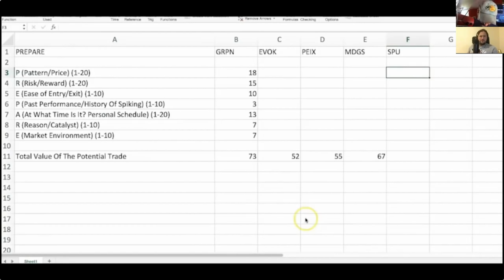So pattern and price. For me, I would give this an 18, because again, I mentioned it earlier, I was trading this stock as a runner in 2010. I think Sykes is recording this in 2016. This stock is a former runner. It's a lower price stock. It's in my price range. It's a low floater. I love this setup. So when it comes to the pattern and the price, this is an 18 for me.